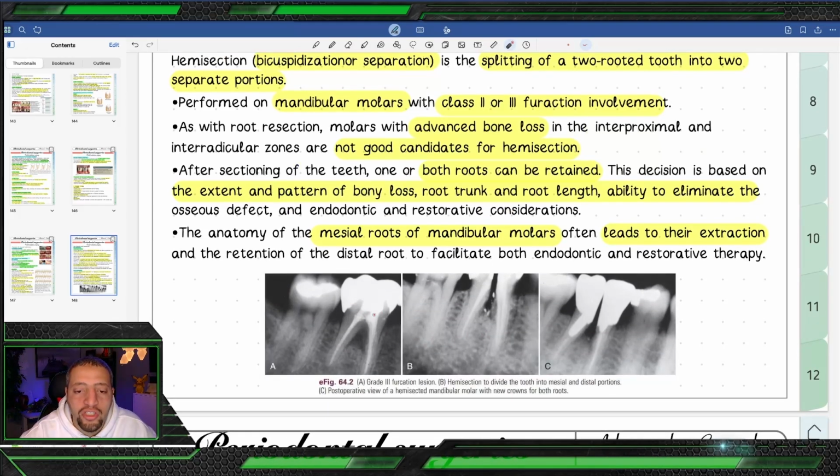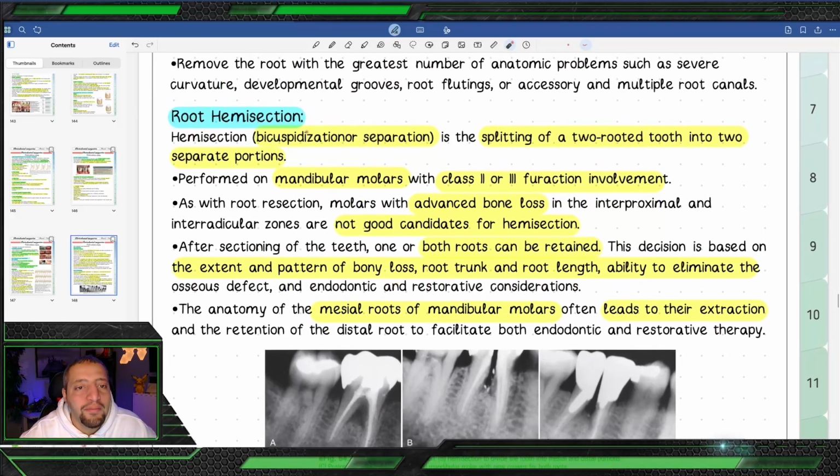You have a problem with each other, so let's separate you. You know, when you have two kids giving you a hard time, you say, okay, everyone stay in his room. So you are just going to separate it and make it two crowns here. And the RCT here is a must. Like, okay, you know what? Root hemisection, or